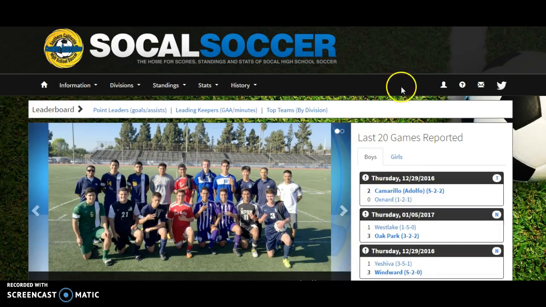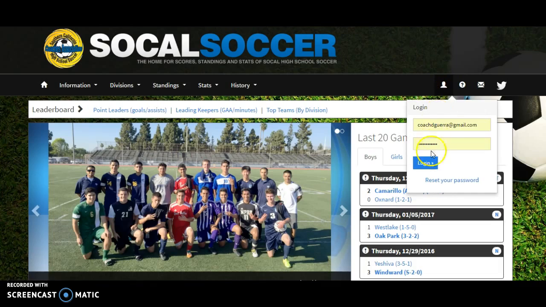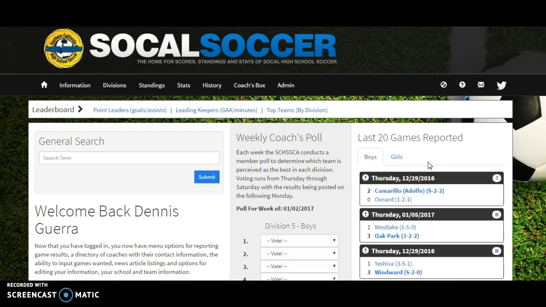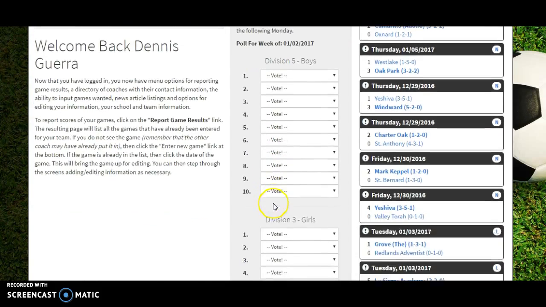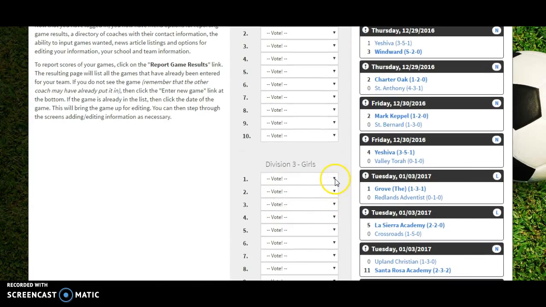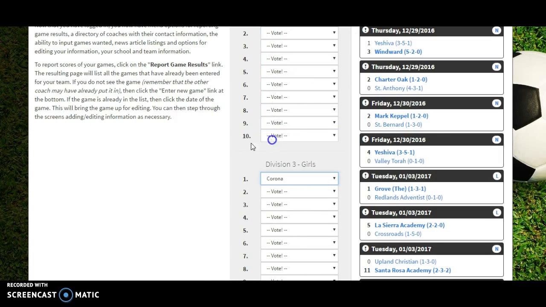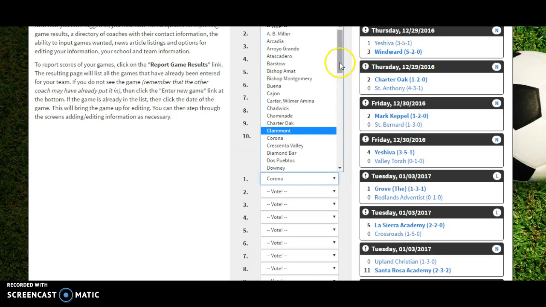Okay, so if you go to login, my login will look a little bit different than what you see on yours, simply because of the admin status. But you should have an admin box right there. Under your coaches box, you'll see a welcome and voting for polls. They're available, and that's just a simple grab a team you want to make number 1 and make them number 1, and do that 1 through 10. So you guys should vote before we get to the point of validation.